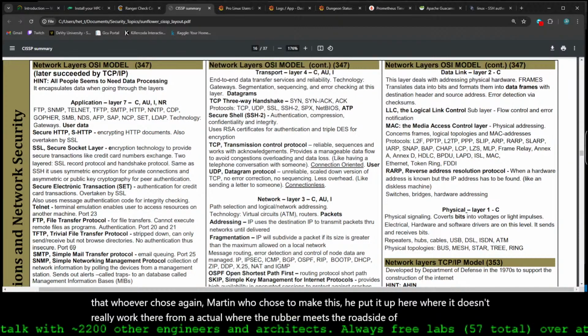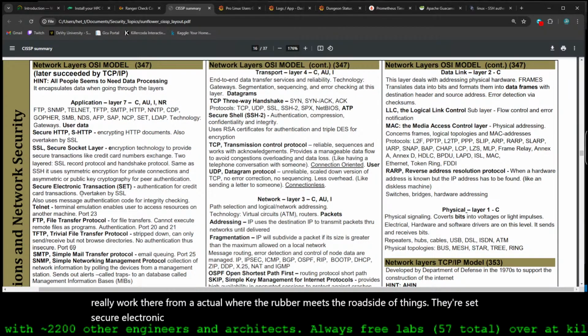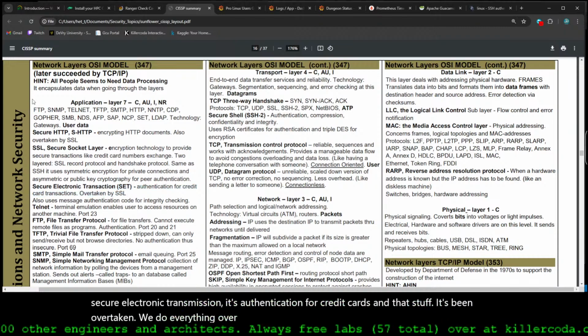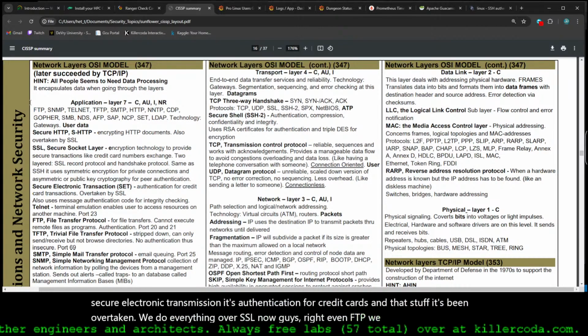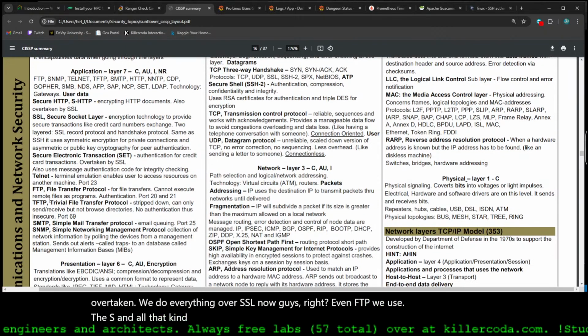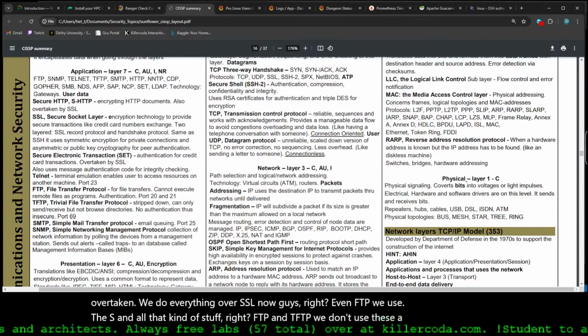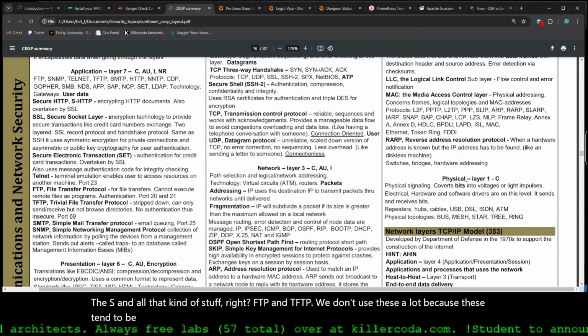They're set, secure electronic transmission. It's authentication for credit cards and that stuff. It's been overtaken. We do everything over SSL now, guys, right? Even FTP, we use FTPS and all that kind of stuff, right? FTP and TFTP, we don't use these a lot because these tend to be insecure protocols, but you might have